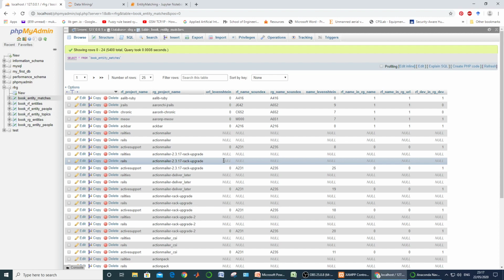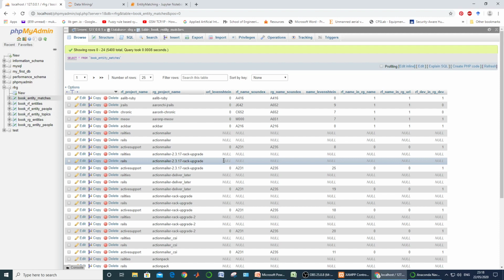Now we have to decide whether all these 5400 rows are actually overlapping or not. Or I can say that if two projects are just the same by their name, can we say that they were the same projects? If two projects are sharing the same URL structure, can we say that they are the same? No, not at all. We need to look at the other parameters also, other features also.